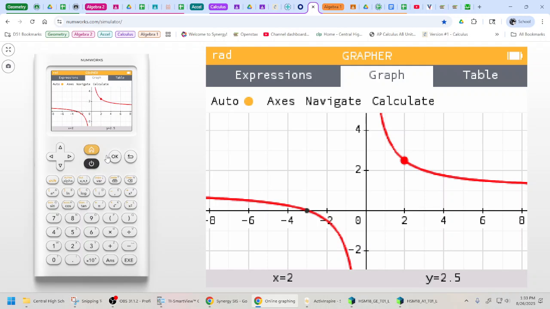Coming from the left, then we just drop that absolute value. So it'd be